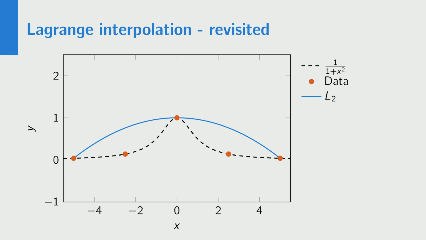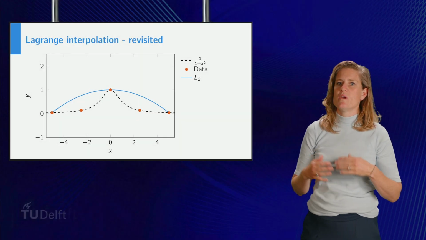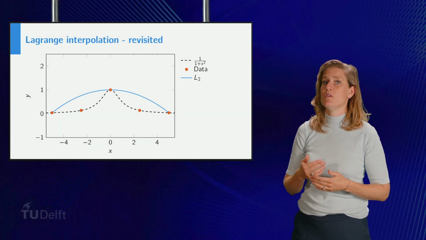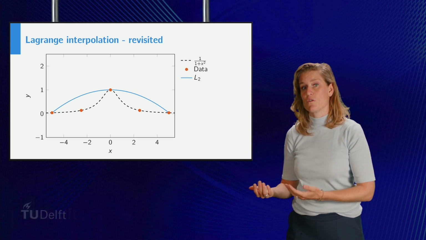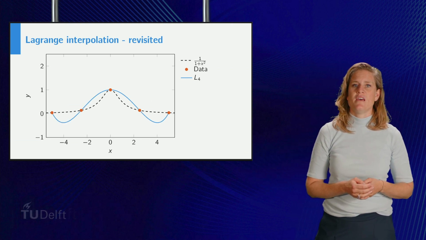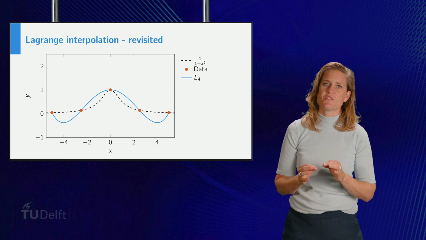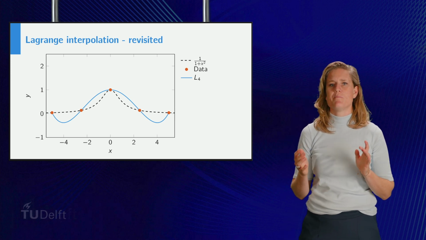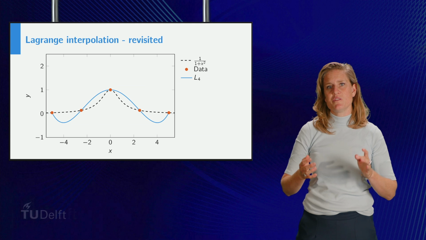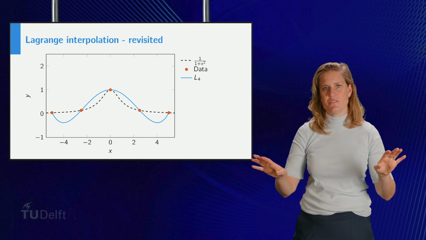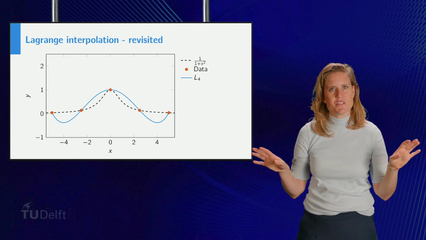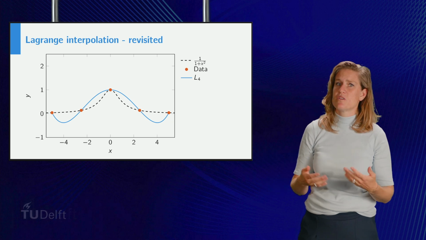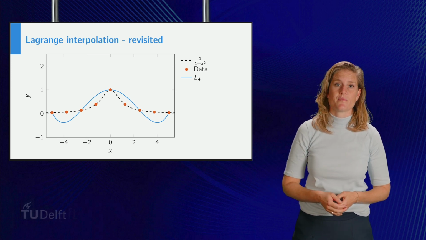Respecting the requirements of higher order Lagrange interpolation and maintaining some sort of symmetry in the graphs, we can change the previous L2 polynomial to the L4 polynomial. At the 3 points in the center of the graph, the approximation appears to be better compared to the approximation in the endpoints. This raises the question, what happens when we continue this process?